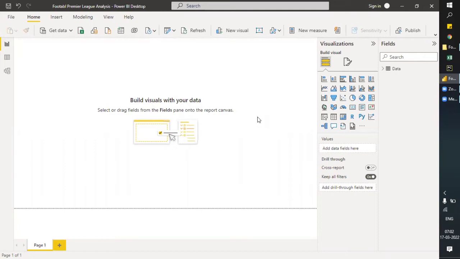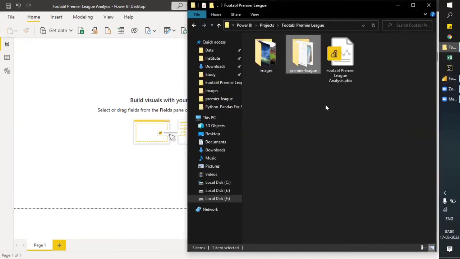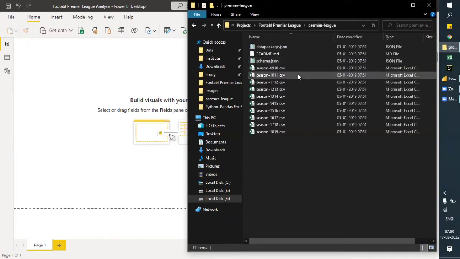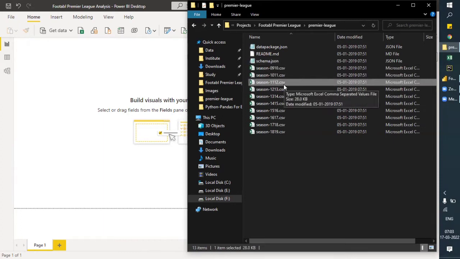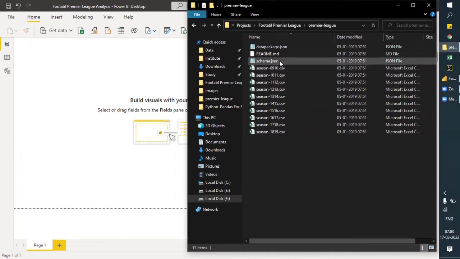Welcome to the second session. So far, we imported the CSV file through the folder option, and we have imported all these files' data from 2009 till 2019, English Premier League data, and today we will be importing the